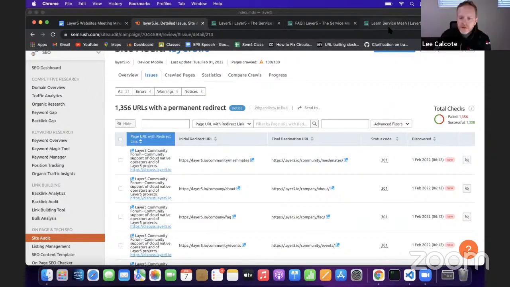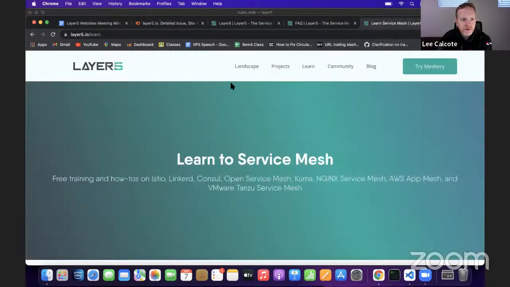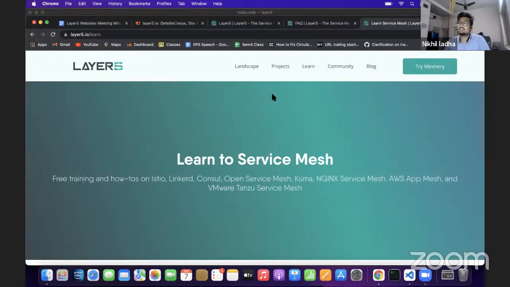When you're browsing the web, for all of you that are on the call, do the sites that you're on typically have a trailing slash, or do they typically not? Most of the cases it's not.